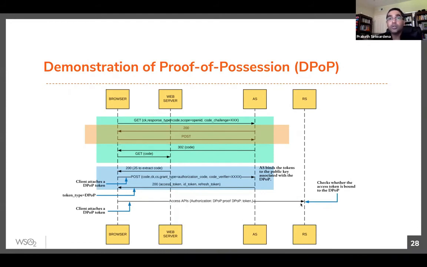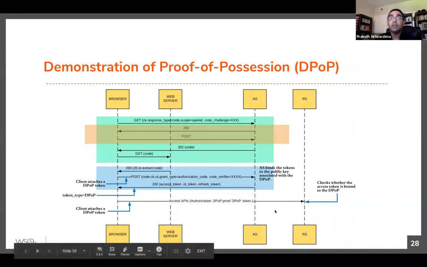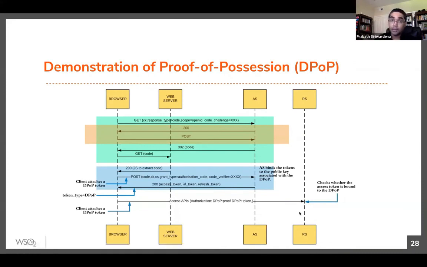If all looks good, so it's a valid proof token, you still don't know whether it's the same key which is associated with the access token, right? So there are multiple ways you can do this. Basically, you need to see whether the public key that you use to validate the DPoP token is the one associated with the token, right? There are two ways to do that. Either you can embed the public key in the access token itself when the authorization server generates it, or else the introspection endpoint, when you introspect the token, can return back the public key.